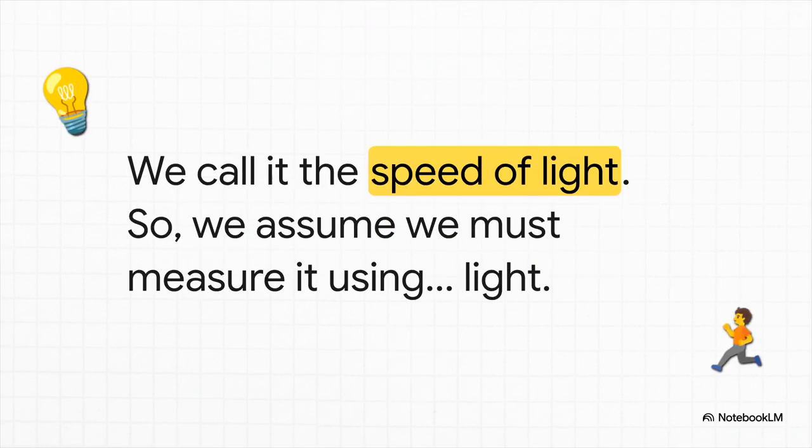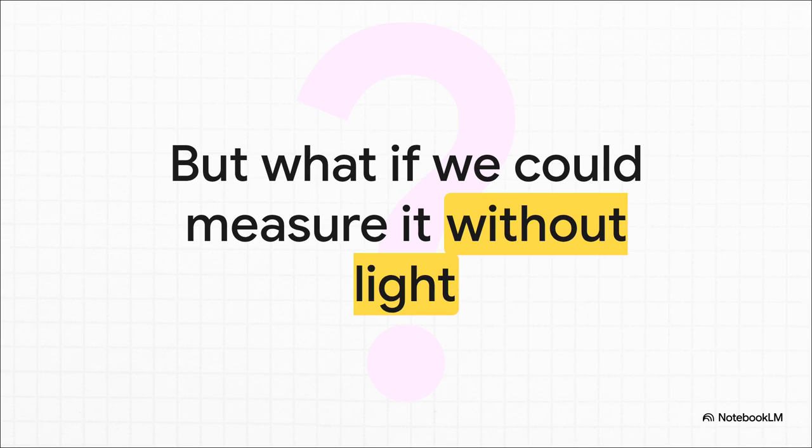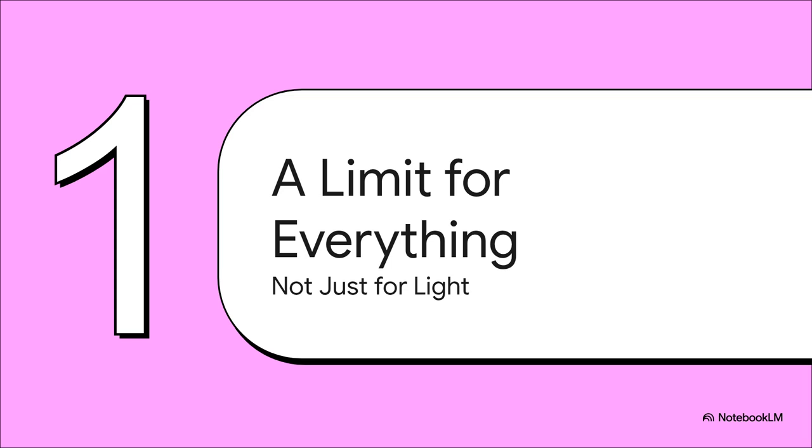So you'd think, okay, to measure the speed of light, you need light. You'd probably shoot some photons and time them, something like that. But what if we could measure this cosmic speed limit without using a single photon? What if we could do it just by watching how matter behaves? I'm talking about electrons. Yeah. Okay, you got to stick with me here because this is going to force us to totally rethink what c actually is. So first things first, we got to get something straight.